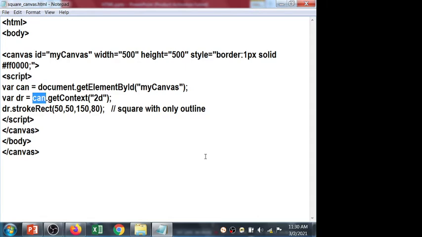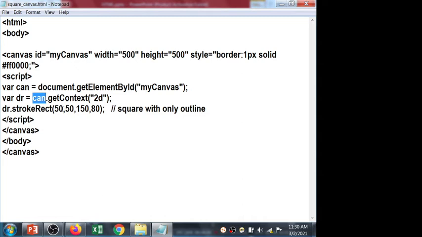So for drawing there is only 2D and 3D. There is no 4D, 5D because it's a screen, it's a monitor. 4D and 5D are related with the senses, right? So in terms of senses, you can feel the movement of whatever you are watching. Let's say you are driving a car, so it gives you the motion, right? Your chair slightly vibrates so that you can feel that your car is moving, you are sitting in the car. So that is related with 4D, 5D, and in the market 6D is also available, right?